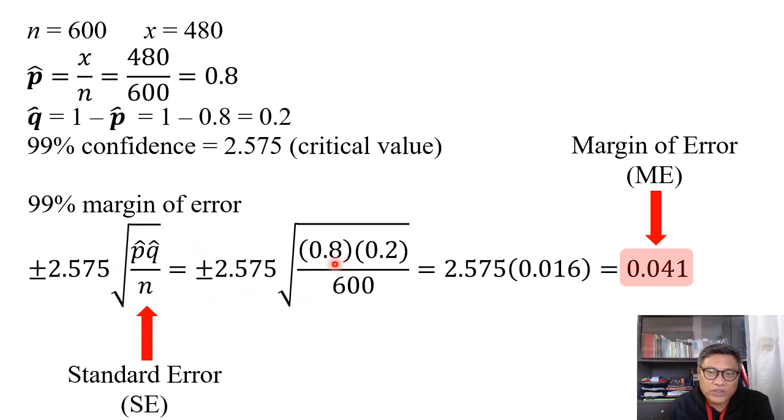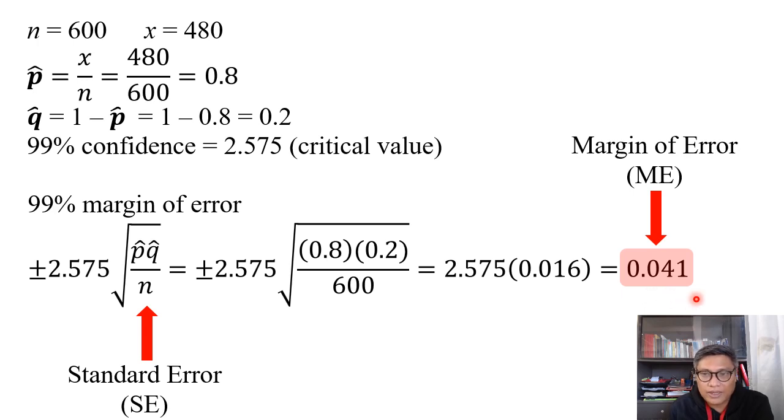Substitute 0.8 as your p hat, your 0.2 is your q hat, then divide by 600. Take the square root, the result, class, is your standard error, which is 0.016. Multiply this to the critical value at 99% confidence. The result now is the margin of error of